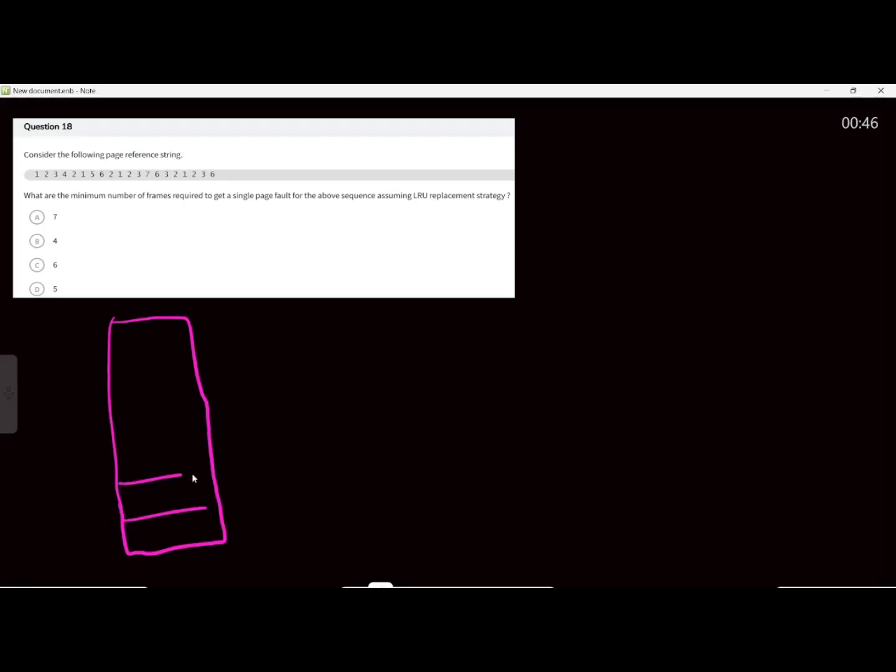1, 2, 3, 4, 5, 6, 7. Okay, now I will put the reference string. So 1, then 2, then 3, then 4. So all are page faults. Then again 2 page hit, 1 page hit,